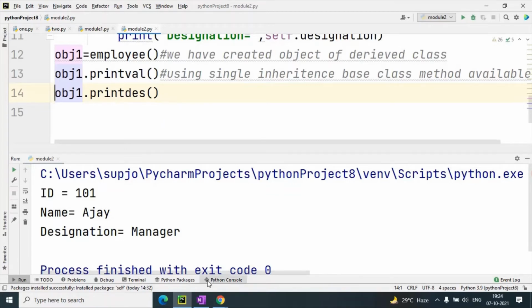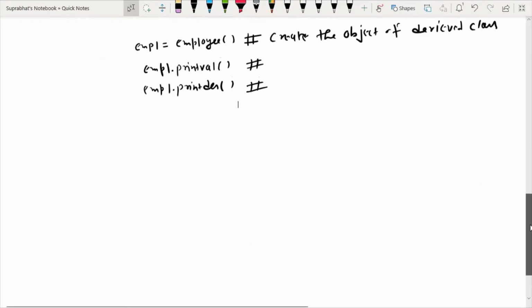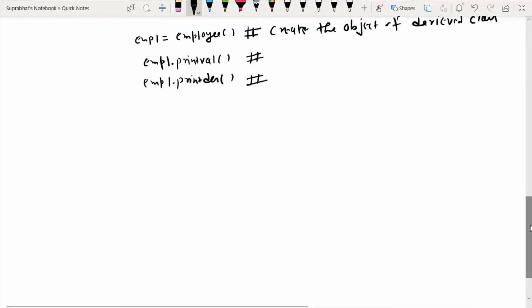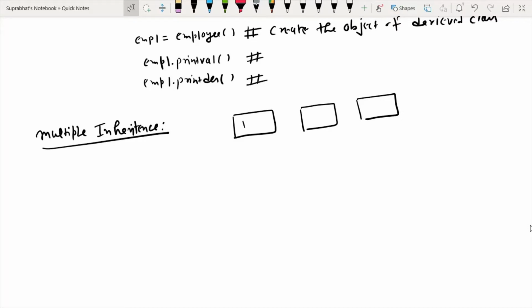So this is about single inheritance, and after that we will discuss the second type, that is multiple inheritance. In multiple inheritance we have many base classes, as we can take, suppose this is base class 1, this is base class 2, and this is base class 3.